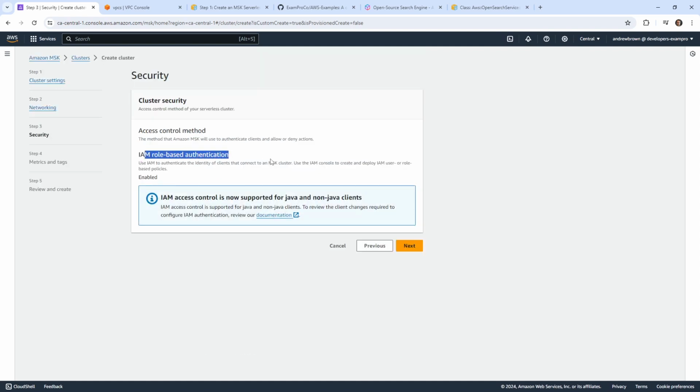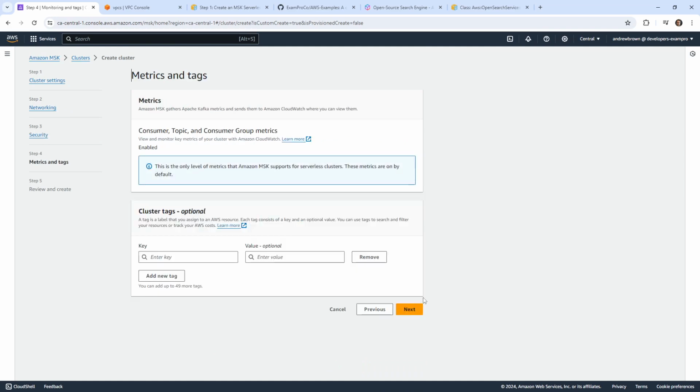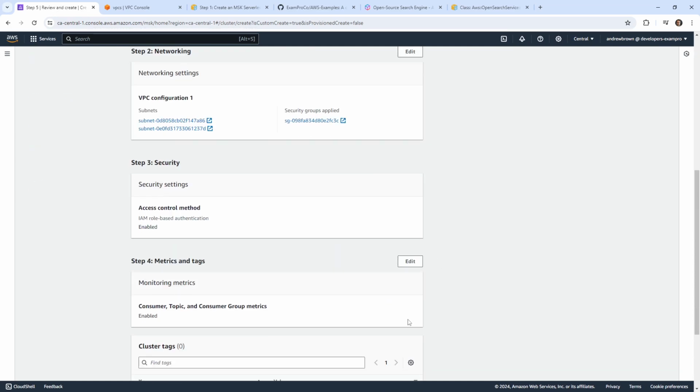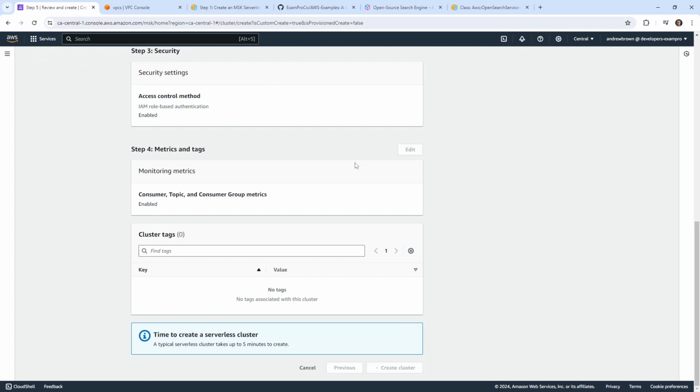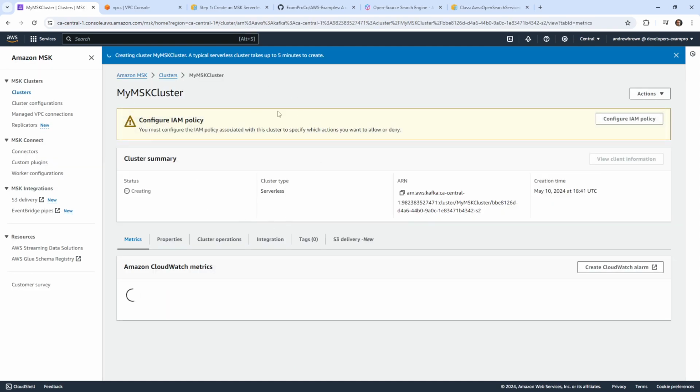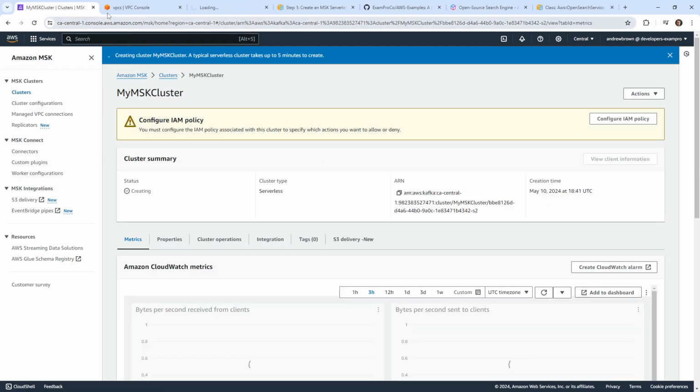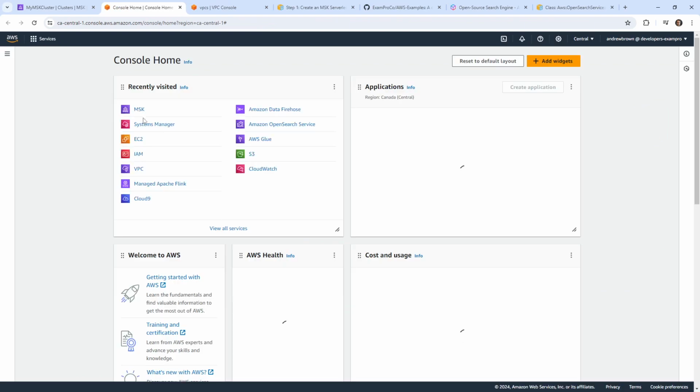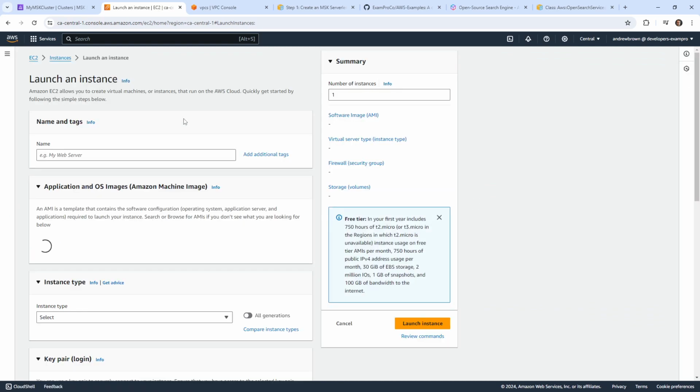And notice it says we are using IAM role-based authentication. We'll go ahead and hit next. I don't need any keys or things like that, so I'm going to ignore that. I'm going to scroll on down, create a cluster. And this will create our cluster. While we're waiting for this to provision, let's make our way over to EC2. I guess I really don't need to look at the instructions too much here, but we'll go ahead and launch this instance, and this will be our